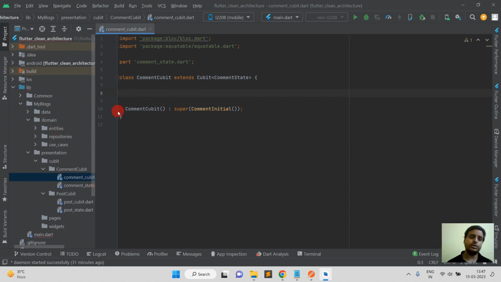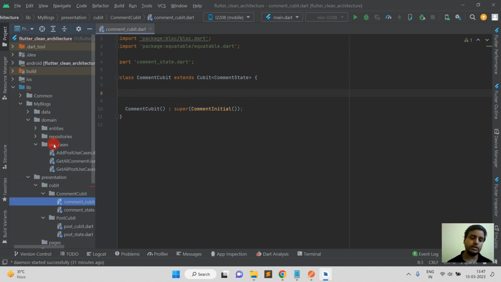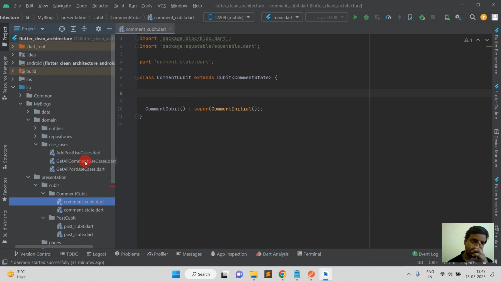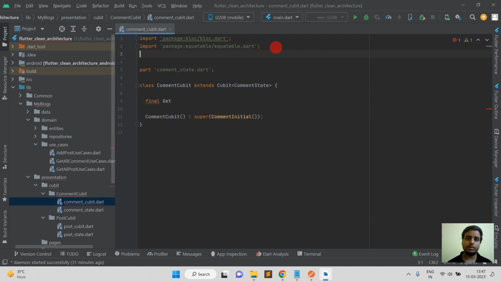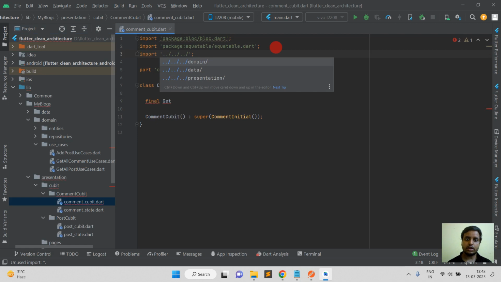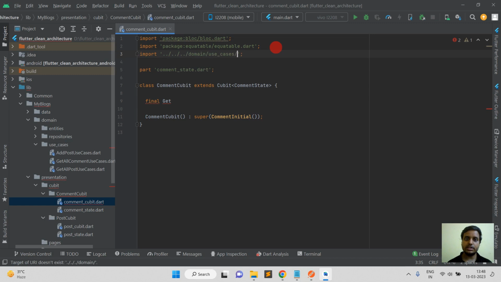I'm going to all the use cases here. So we know that we have created three use cases inside domain folder, you can see. So here we will use get all comment use cases. So here we will use final get. This is not coming, so I'm going to import manually here, and then inside domain we will get the use cases, and inside this we will use get all comment use cases. So now we will have to use